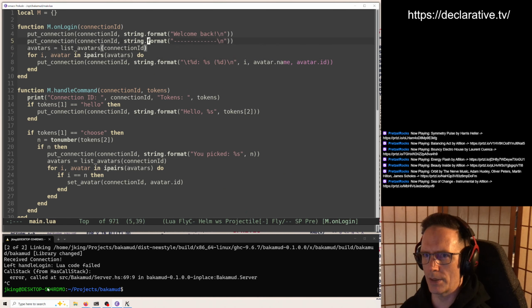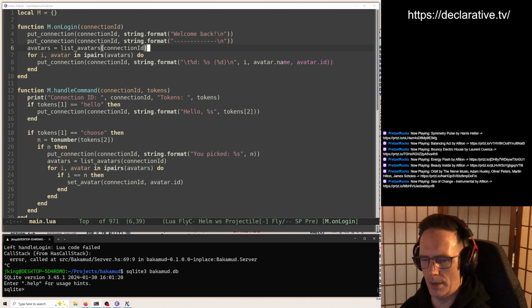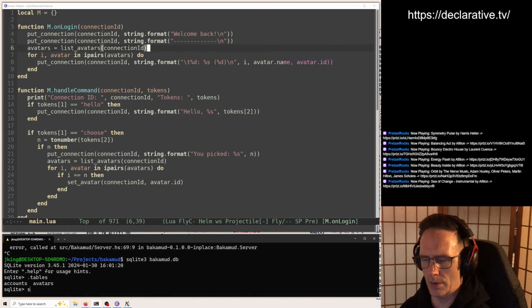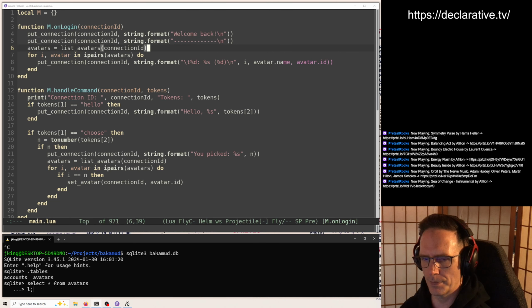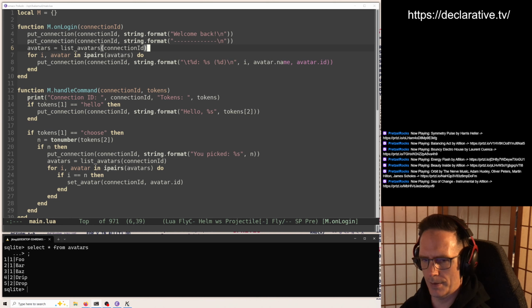So all our on login is doing, this part works, that part works. Line 6 here maybe might be where it's dying. Maybe input connection. Let's check the database. Bakamud.db. Everything's still there. Okay, got all our avatars.